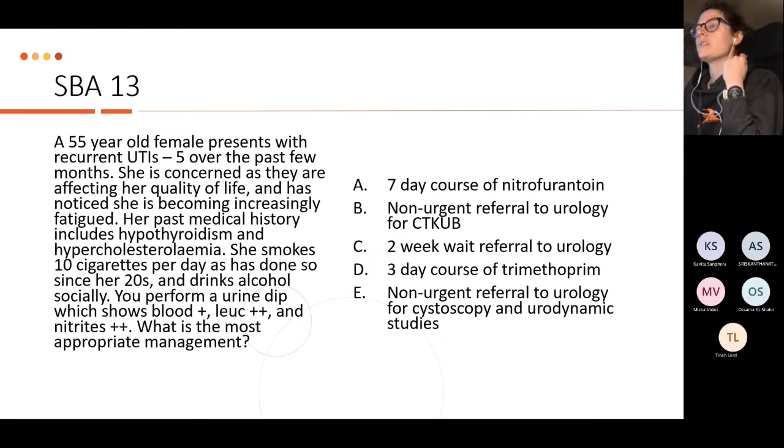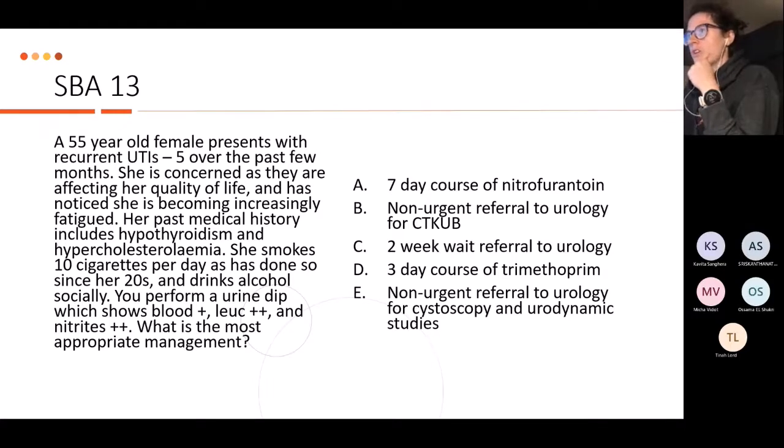Okay, so the answer is C. This is to do with knowing NICE guidelines, really. In this general section, I would say NICE guidelines are your friends in terms of learning for MCQs and any writtens or anything else you might do, OSCEs. Age, she's 55. Number 2, she's had multiple UTIs despite treatment. C, you've got a little bit of fatigue in there. She smokes. Yeah, so those are the things that put you with some suspicion.